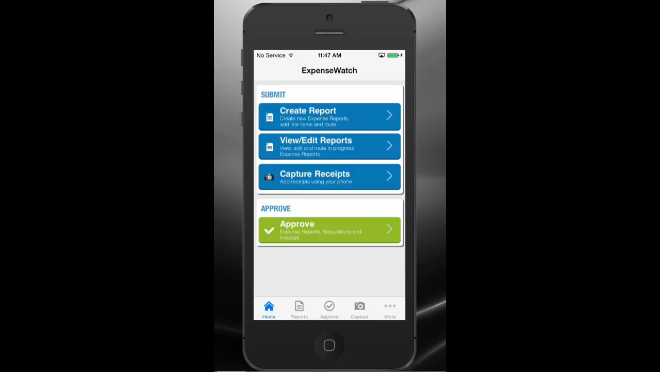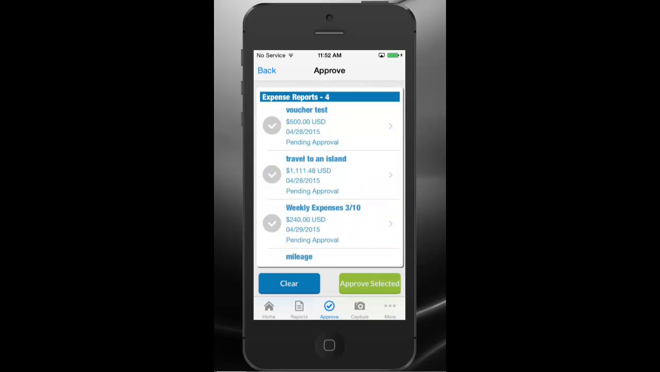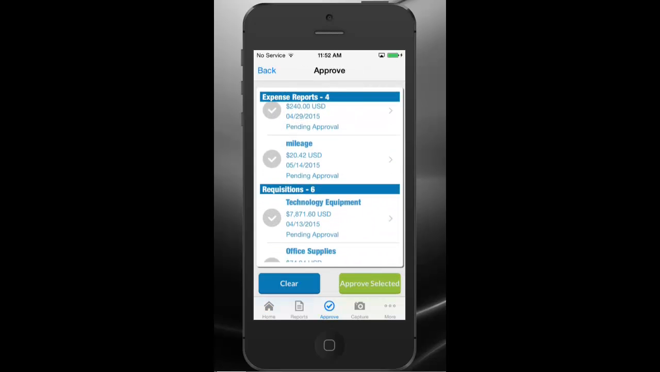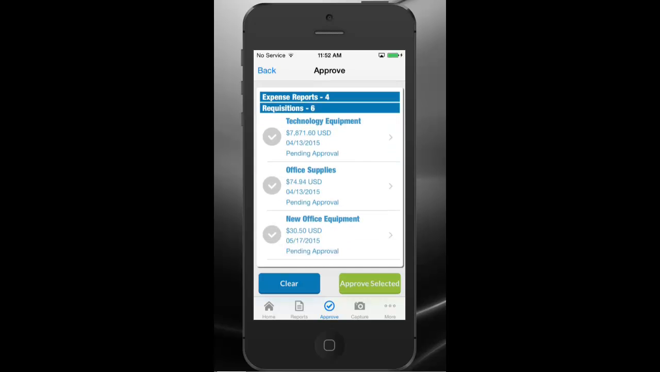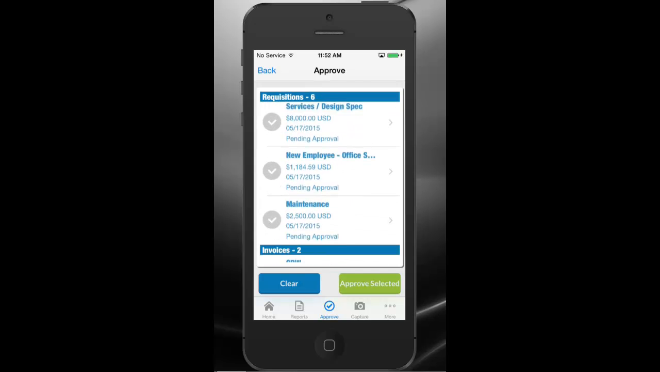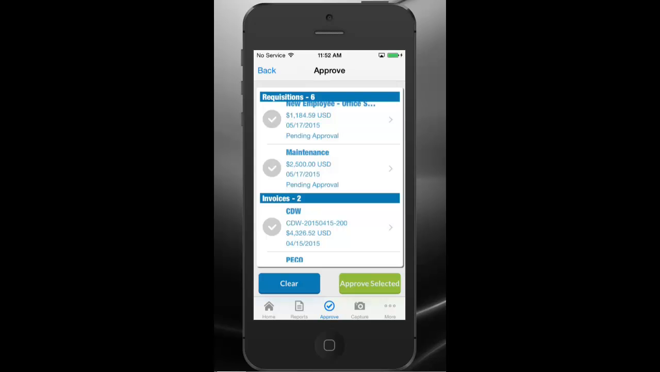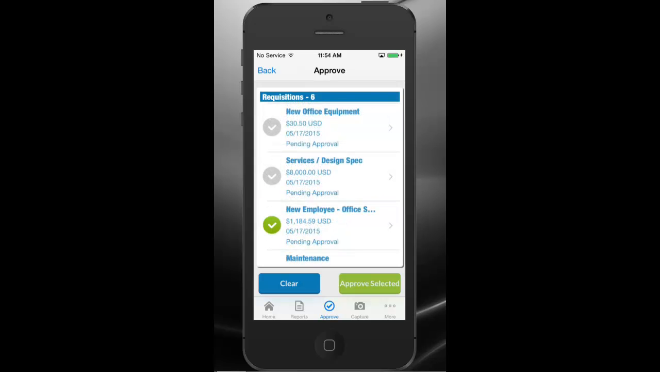ExpenseWatch Mobile also conveniently lets you review and approve payable invoices from your smartphone. Approvers see the Approve button from the home screen. All transactions awaiting approval, including expense reports, purchase requests, and payable invoices, are all easily accessible. You can quickly approve any transaction,